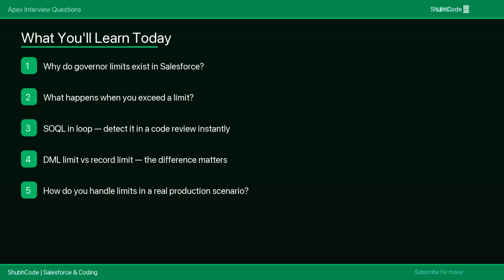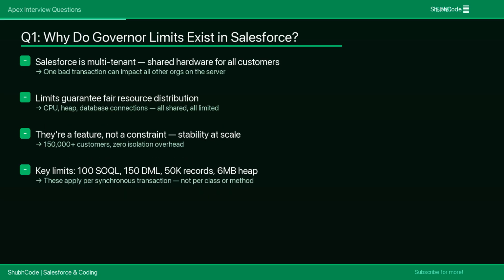It's the most important. This is the first Apex question in almost every Salesforce interview, and most candidates give a surface-level answer. They say something like, because it's a multi-tenant platform. That's correct, but it's not enough to stand out. Here's the complete answer. Salesforce runs on shared infrastructure where thousands of customers are executing code simultaneously, without limits,